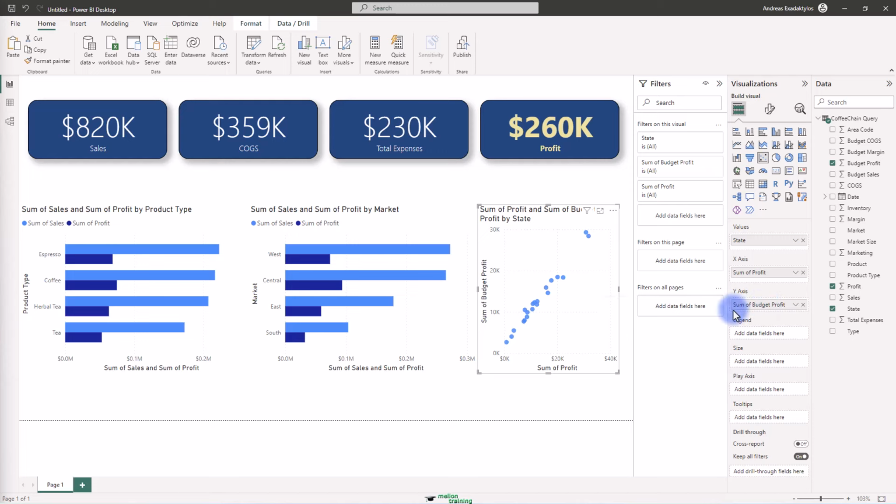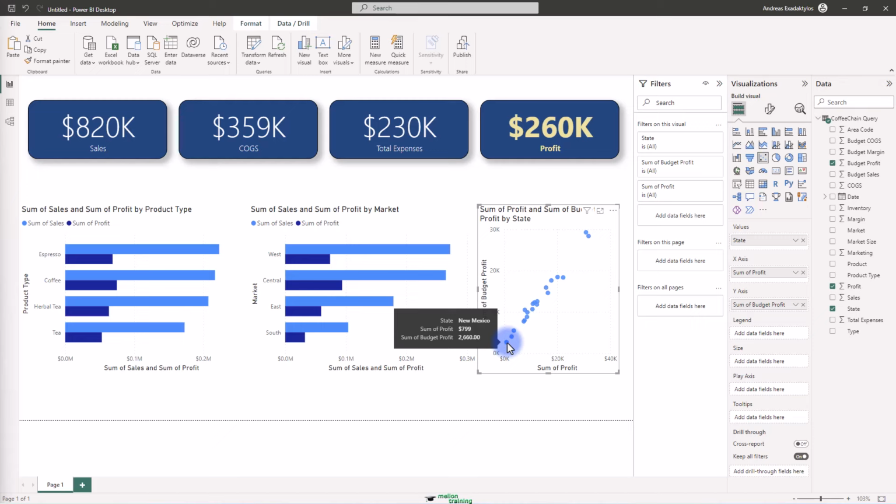So this is how much profit we have actually achieved, and this is how much we should have achieved. As a dot will tell you for this example, in the state of New Mexico, the profit was $799, but the budgeted profit was $2,660, okay? This in itself is useful, but if you add another feature to it called symmetry shading, what it does is